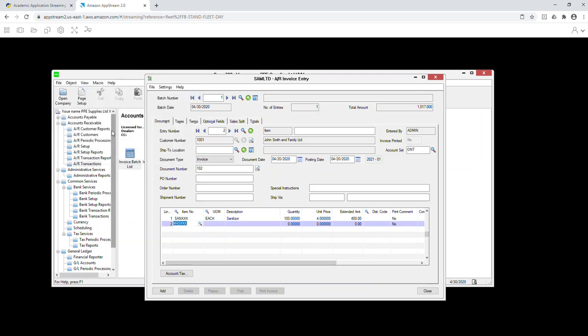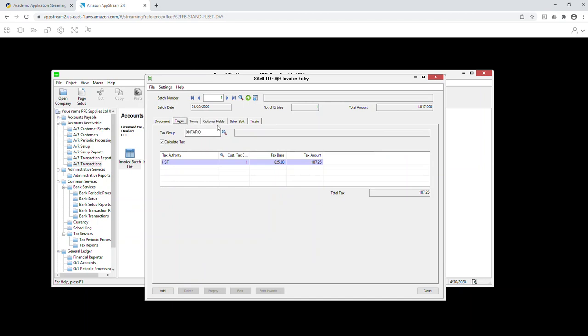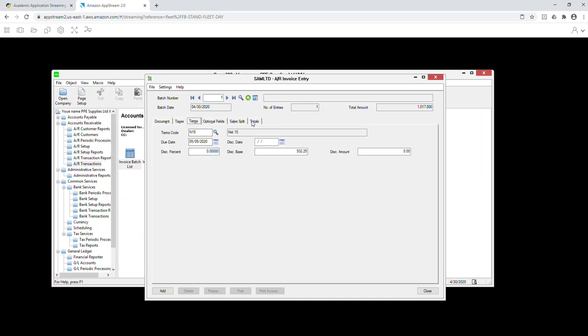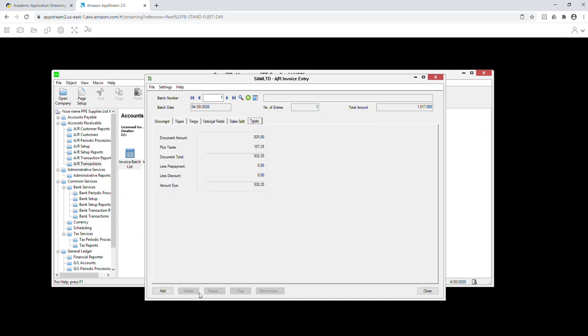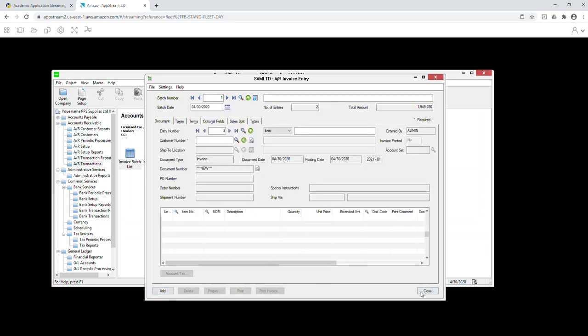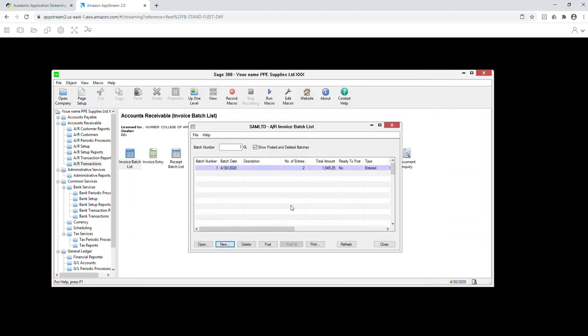And I sold 100 masks, and this one I'm selling it at $4.25. Okay, so 100 bottle of sanitizers, 100 masks, and invoice number 102. The taxes is Ontario. The term is net 15, and that is my total. And I click add. So I'm done recording the 2 invoices, and now I need to post that before I